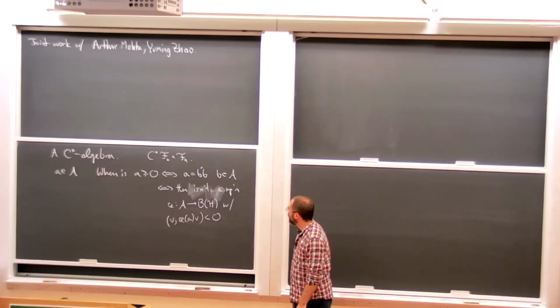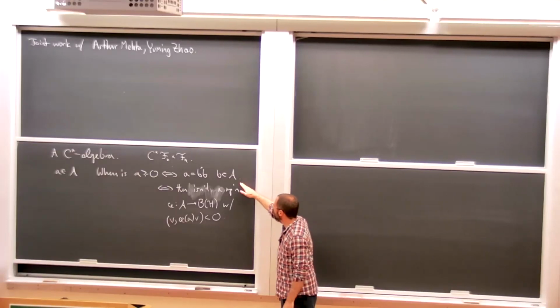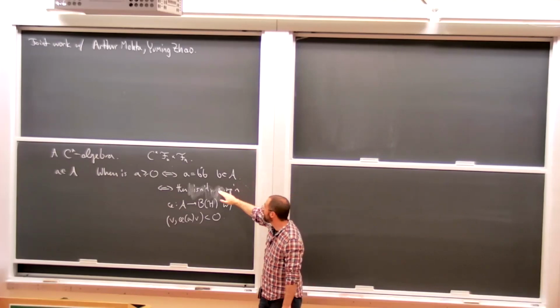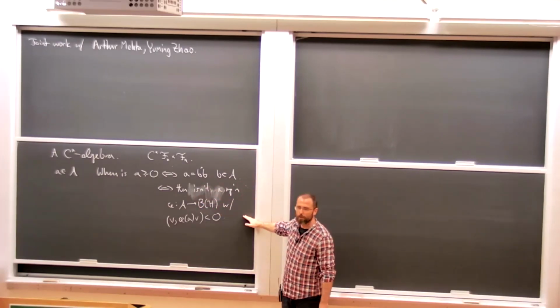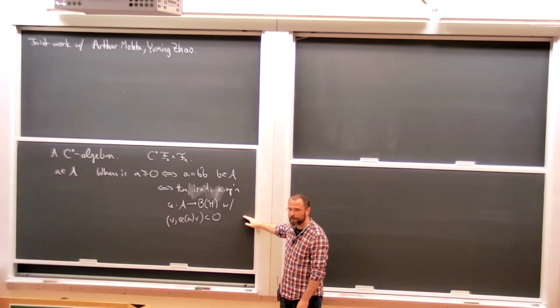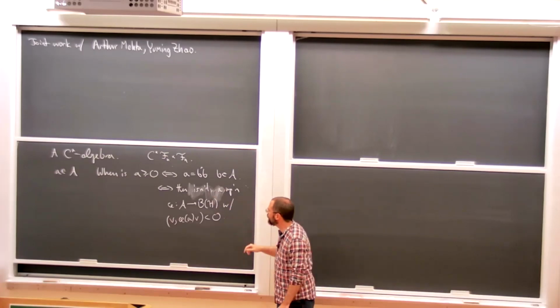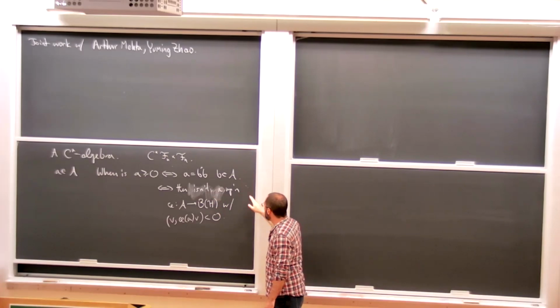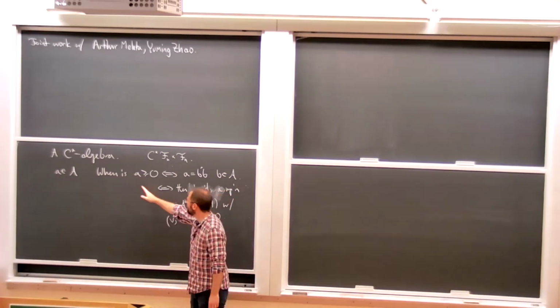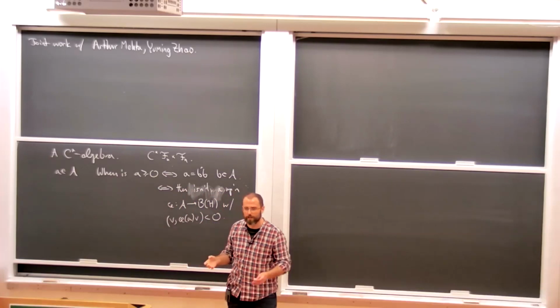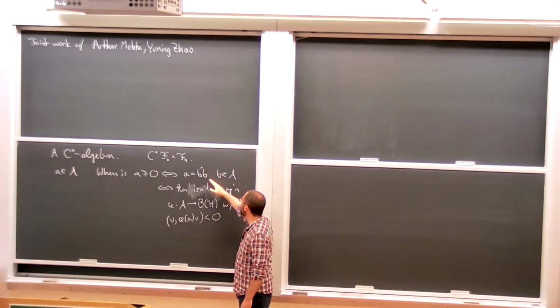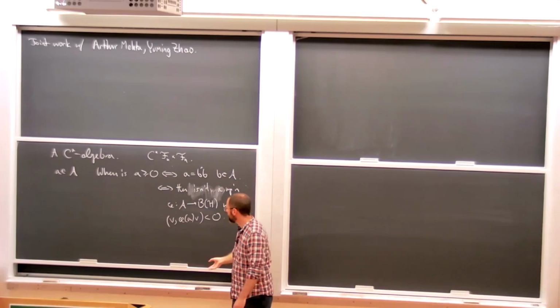It's interesting to look at this as a theme for the rest of the talk. The first one is what you would want to do if you want to show something is positive: you would try and find B. The second is what you would want to do if you want to show that A isn't positive: try and find a representation where it's negative. But in a C-star algebra, this is a more abstract idea of what you might do. We might not have a concrete handle on what A is, or even if we do, on how to address elements of the C-star algebra. So for the first thing,